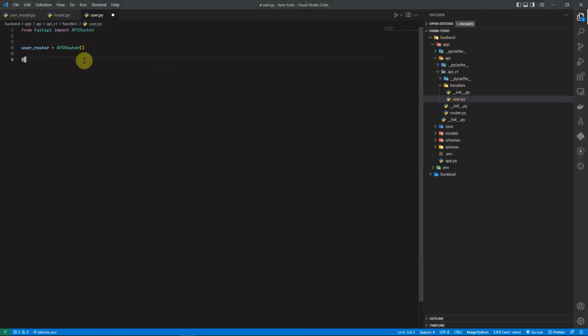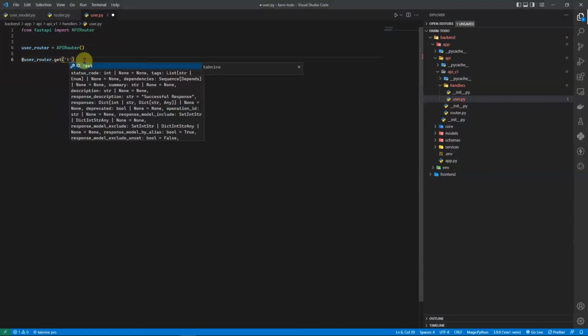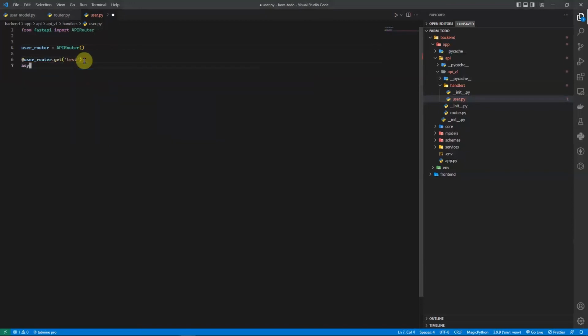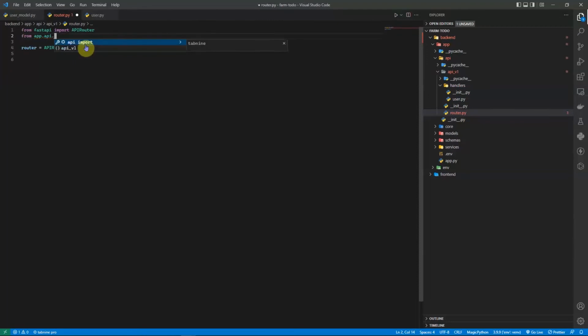And then what you can do is user_router.get, let's create a test endpoint, slash test, and async define test, return message. So this is just a test endpoint. Now what we need to do is import that router here. So from app.api.v1.handlers